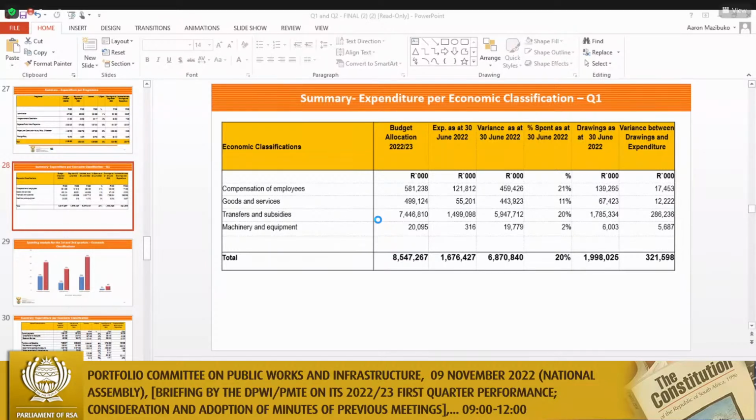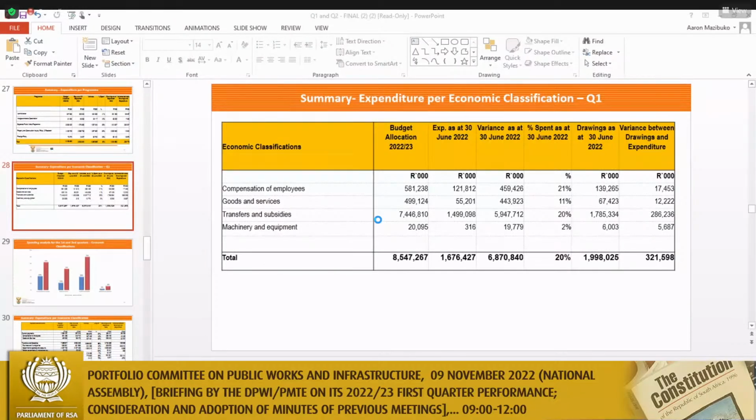Chairperson, under goods and services, under machinery and equipment, the budget was 20 million. The expenditure as at the end of June was 316, which was equivalent to 2%. Against the drawings, the money that was drawn, it was 6 million, and therefore 5.6 million could not be spent